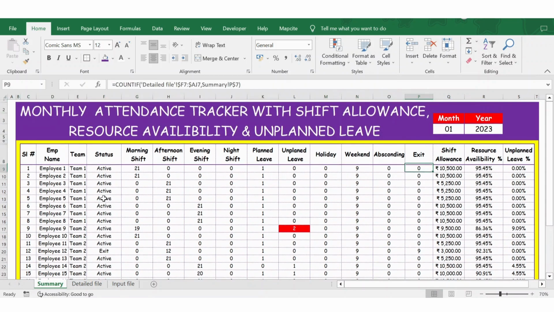And then we have the shift allowance, like how to calculate the shift allowance based on the different shifts. So we have the detailed calculation. Then we have the resource availability percentage, the total resource availability during the month, and then we have the unplanned leave. Obviously, it's very important to calculate the unplanned leave because this will have a direct impact on your